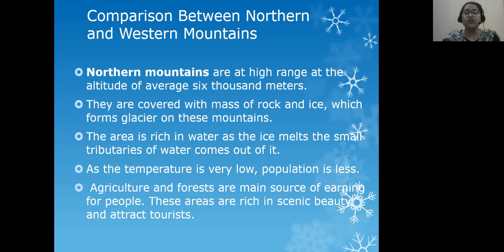As the temperature is low, very little population is found there. People living in the northern mountains practice transhumance. Transhumance is the movement of people from the mountain peaks to the foothills during the extreme weather of winters. And as the winters end, they go back to their homes.